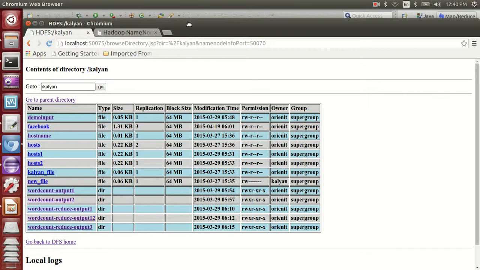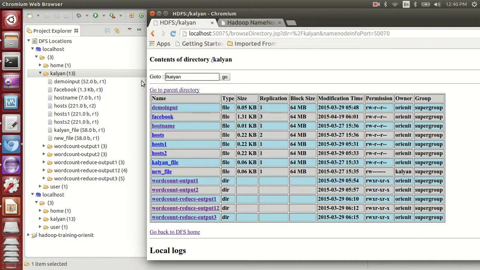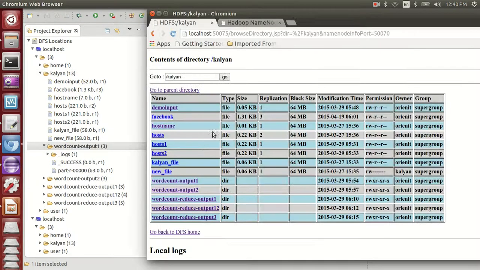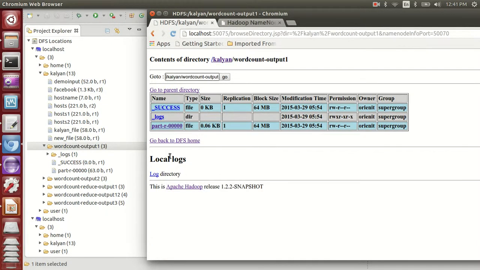Let's do it in parallel to get a feel. Yes, demo input, Facebook, and your information, and also the replication value, here replication 1, and the size of the data in bytes, then in kilobytes, 1.53 KB here, 1.53 KB here, replication factor is 3 here. So this entire information, you can see the folders also, what is there, it is given. And if I double click on this folder, you see the same information here also.